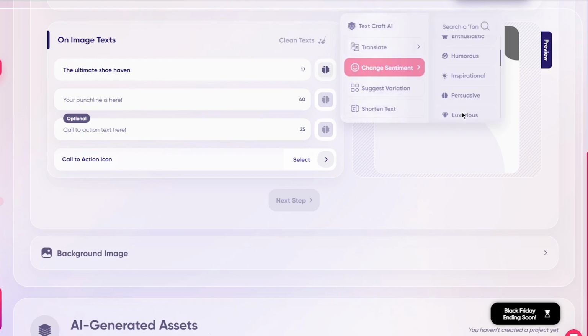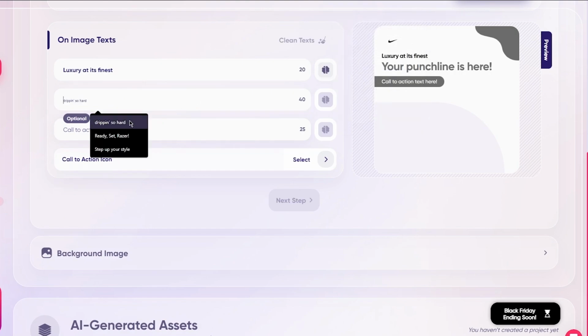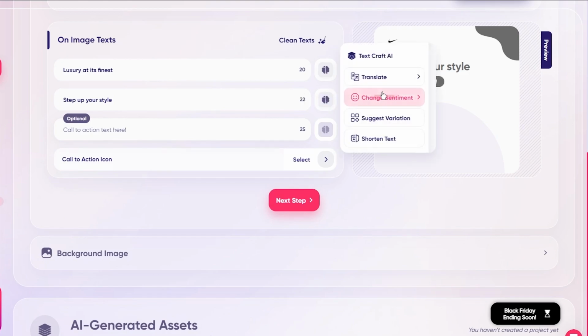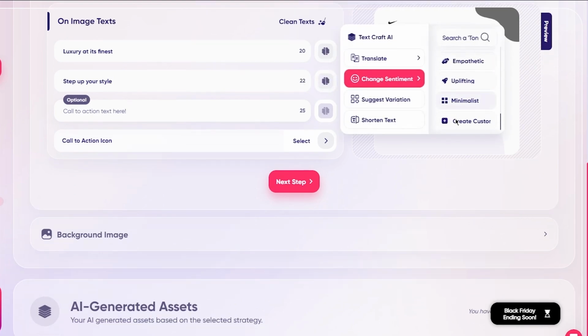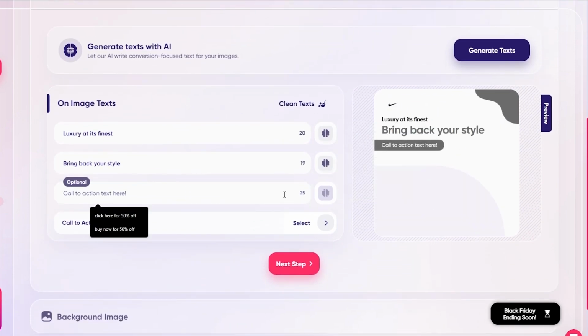Let's say I want to make it look luxurious. Let's see what it gives us. So look at that, luxury to your feed. Then you can ask it to retry if you want a different variation. So, you get the point. Then your punchline, you know, let's say I want to change it from step up your style to, again, luxurious, or you could go with nostalgic. There we go. Then there's the call to action, which could be buy now for 50% off, okay,